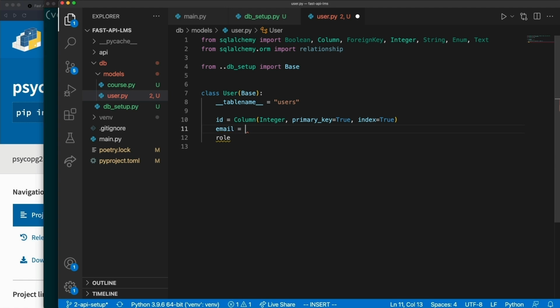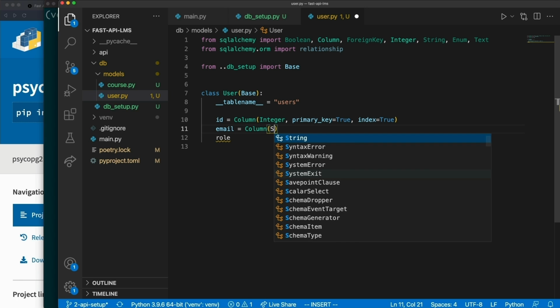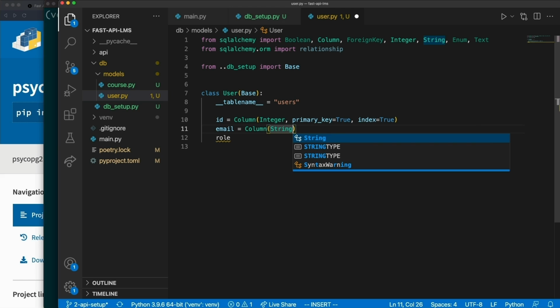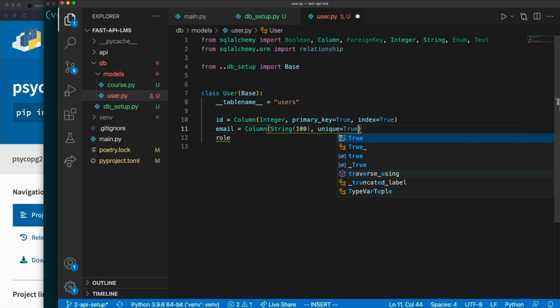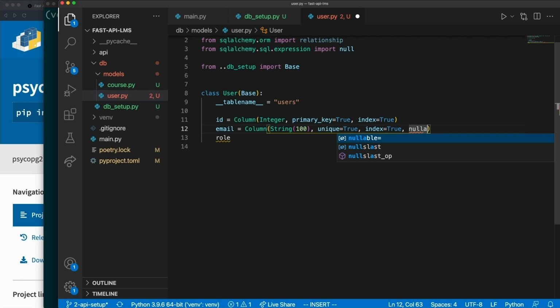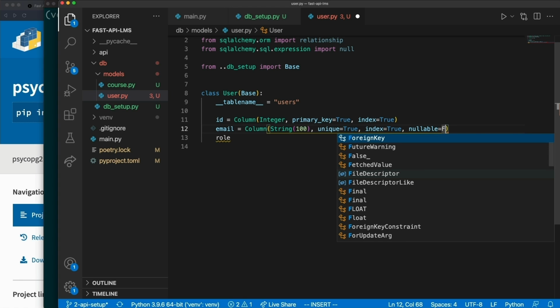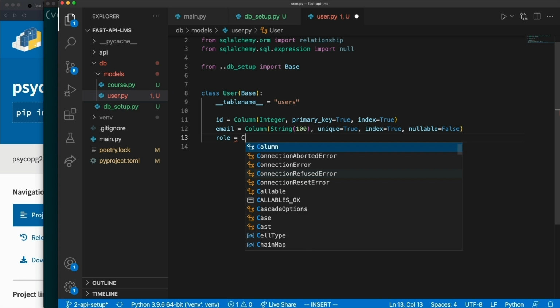So let me go ahead and define the email as a column. And then for right now, I'm just going to say that's a string type. I can have a special email type later. And I'm going to say the email must be unique. Create an index, and nullable. It cannot be nullable. So nullable must be false because I need to require a value for email. And then role